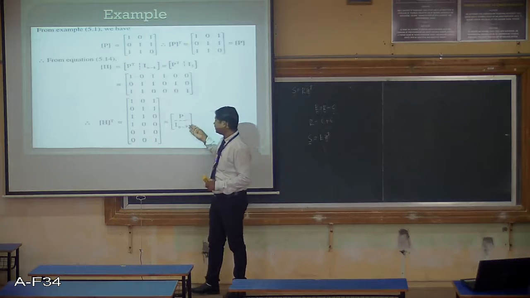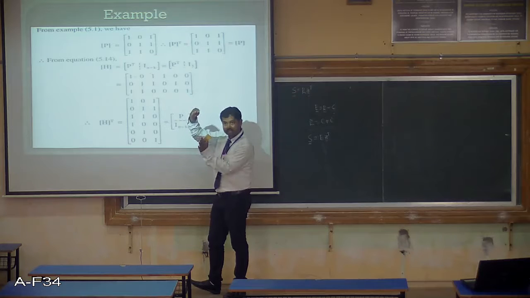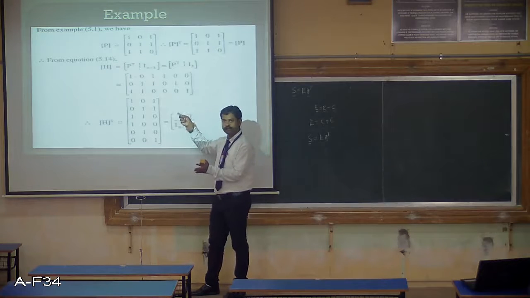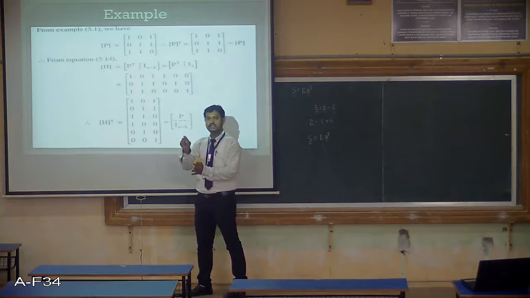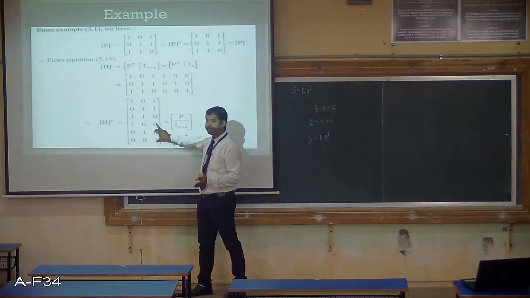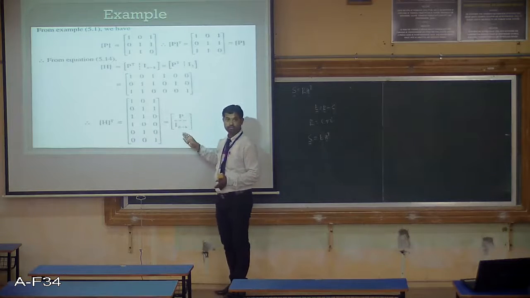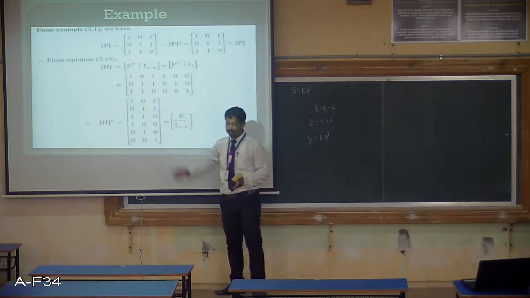I can represent it like this also in equation form. You can check the contents. The top portion is actually the parity. The bottom portion is an identity matrix of order n minus k. It's a 6-3 code, so 6 minus 3, it is I3, a 3 by 3 identity matrix. So it's a combination of P followed by this. This is the H transpose.